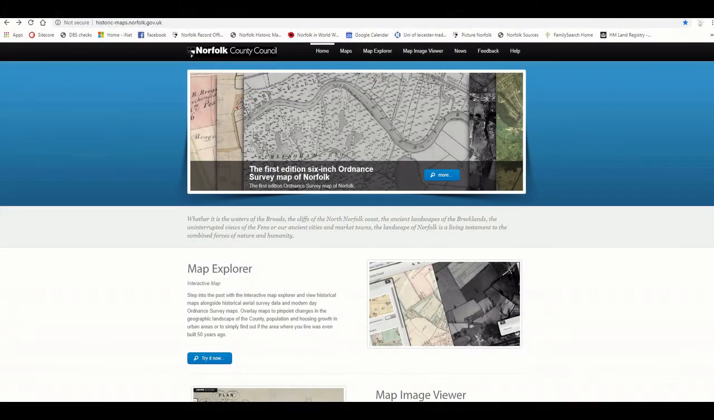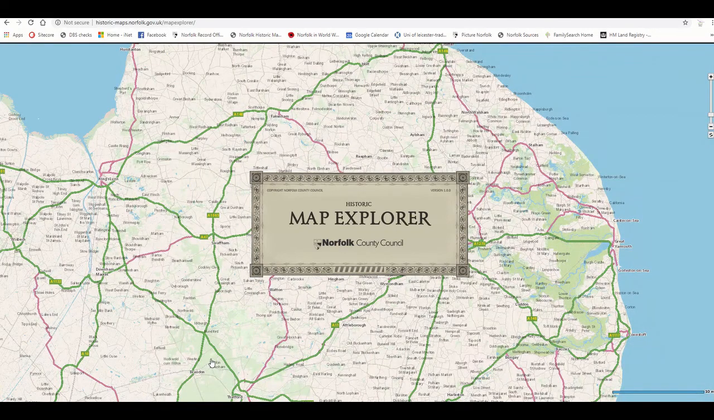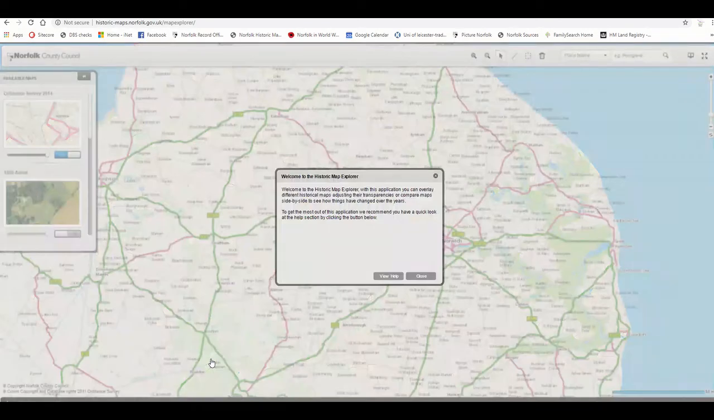This is the home page of Norfolk Historic Map Explorer. We are going to use the Map Explorer itself, so we're going to scroll down to this blue button and click on Try It Now. It may ask if you want to allow Adobe Flash Player, in which case you need to allow it. We're going to turn off the help page,